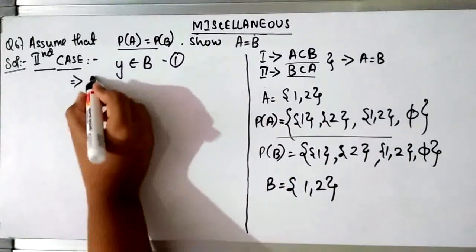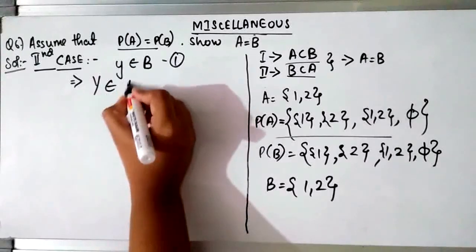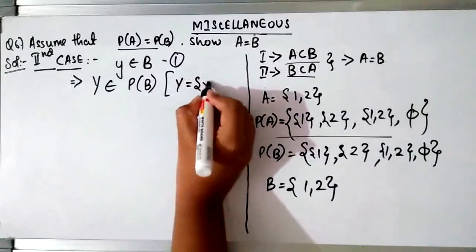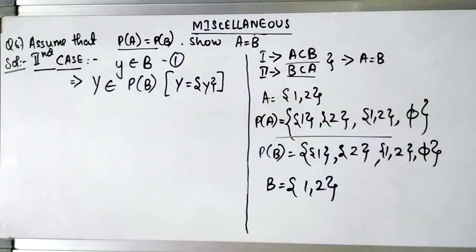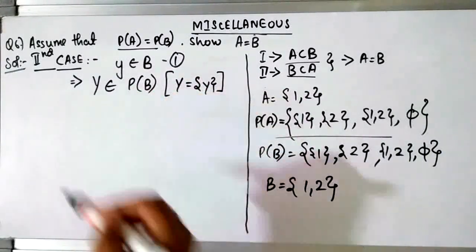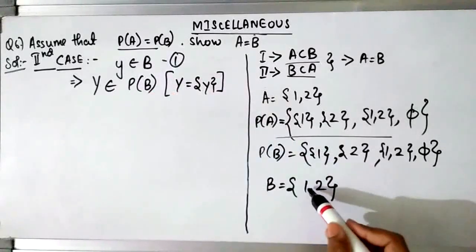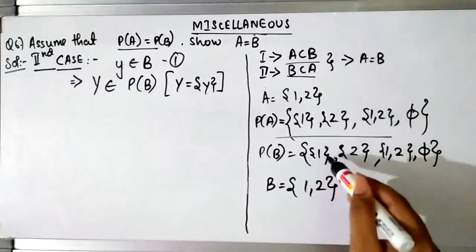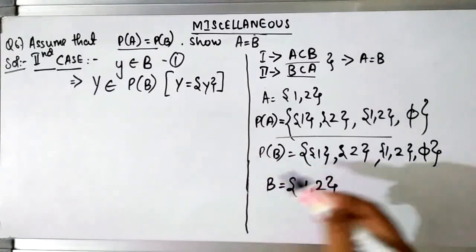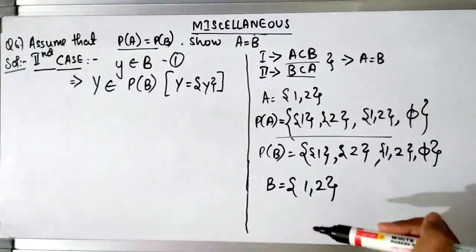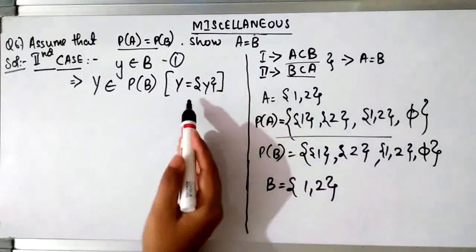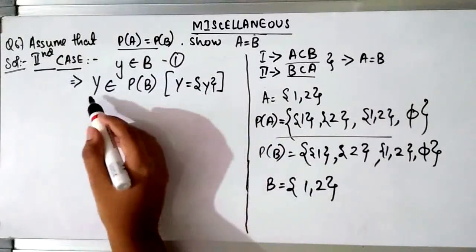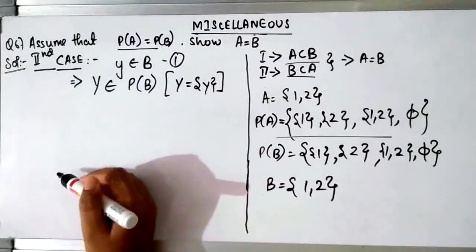Now then we will say that capital Y belongs to the power set of B. Now over here capital Y is nothing but the set of small y, like how we did in our previous one. Small y belongs to B. Okay, now suppose small y is 1. Now if this 1 belongs to B, then we can say that the set of 1 belongs to the power set B, right? So instead of writing the set of y, we write it as capital Y. Okay, so we write capital Y belongs to the power set of B.